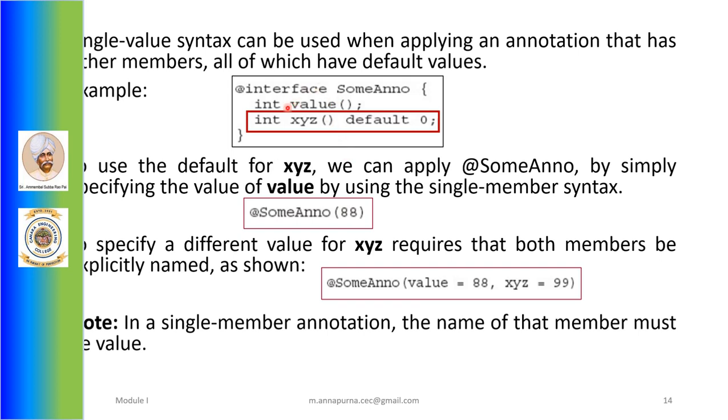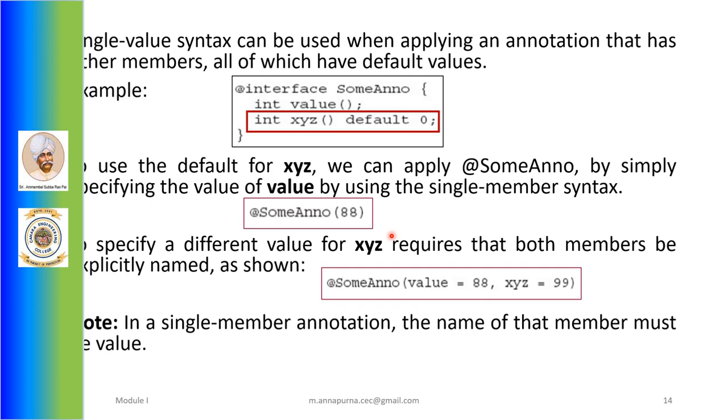I have provided one single value 88, and this will be assigned to the annotation member value of SomeAnno, whereas I haven't provided any value for xyz, so xyz will default. In this case, the annotation member xyz defaults to 0 and the annotation member value gets the value 88.